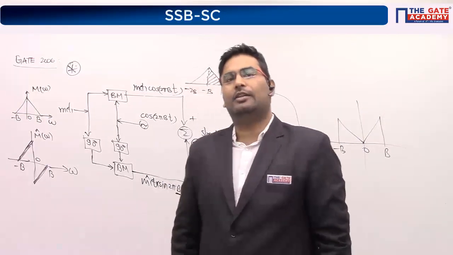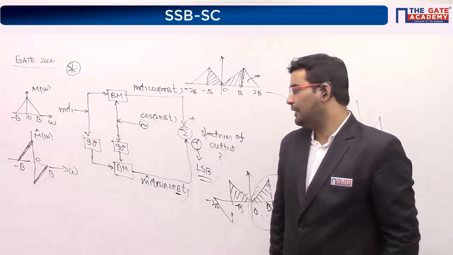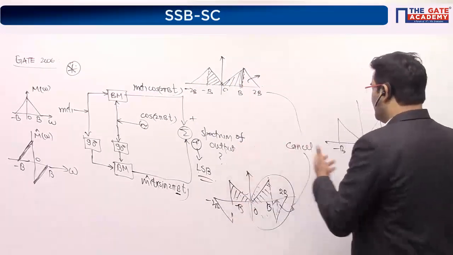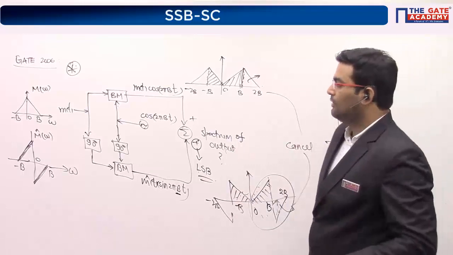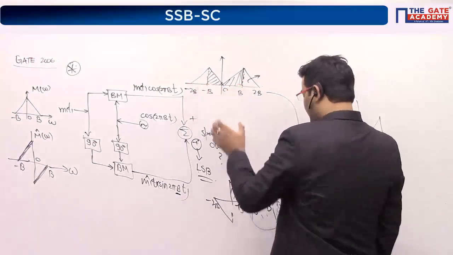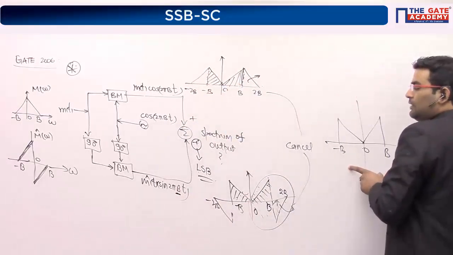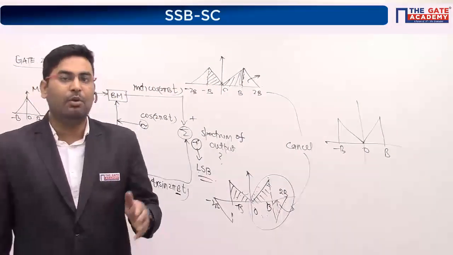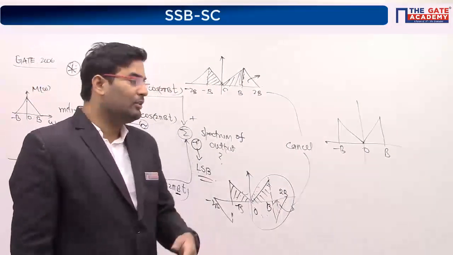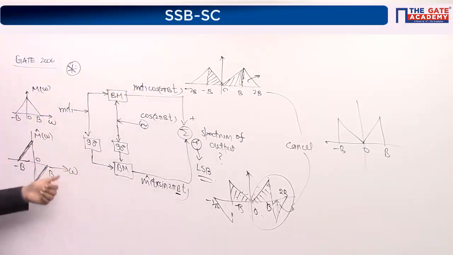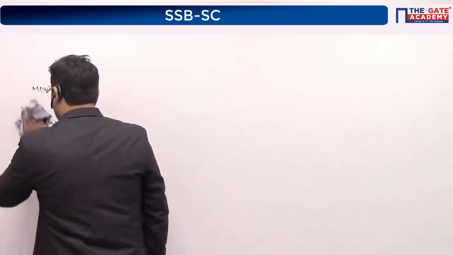We can directly draw this by seeing the circuit and seeing the adder. Yes, that's what I did now. When I said the answer is this, I said here only the answer is this. Look, lower sideband. And finally I said the answer is this. But it's also good to know what is happening at each and every block. If somebody asks you what is m hat omega, you will not have any clue how the 90 degrees changes the phase shift. That's what I did completely.